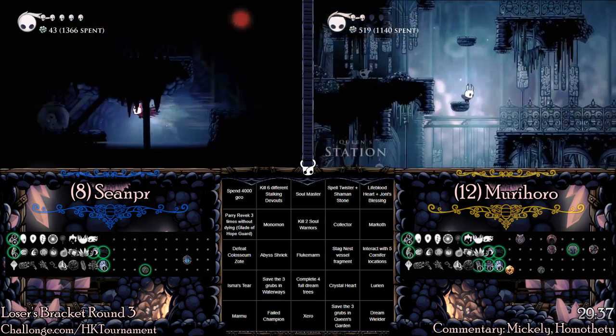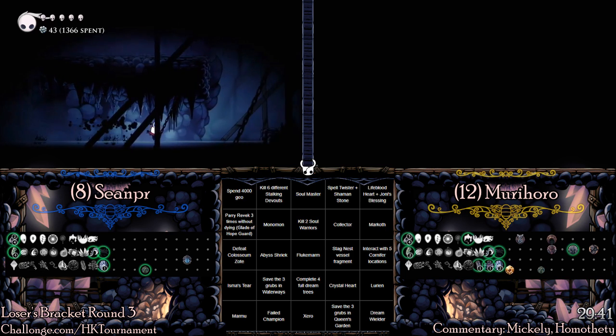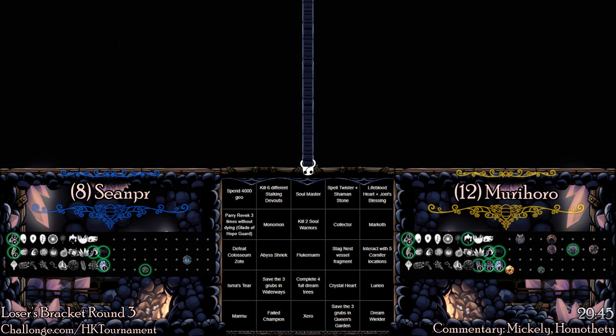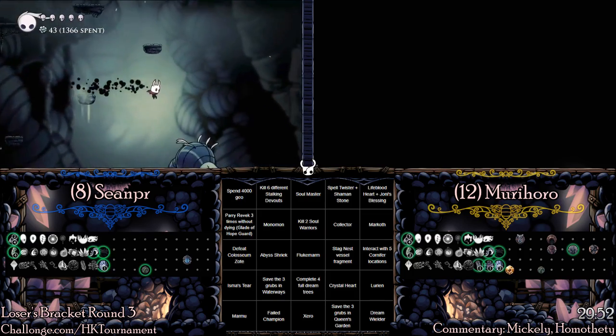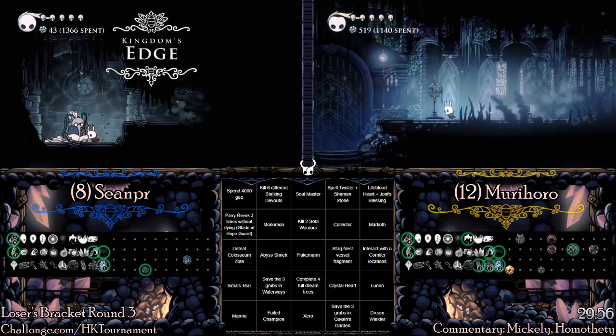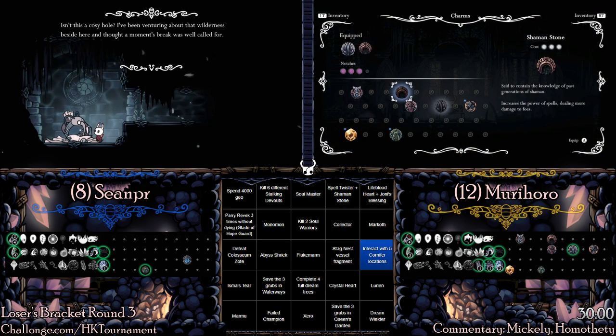It'd be cool to have Crystal Heart there and then wings at one of the Crystal Heart block locations, like Monarch Wings or Deep Focus. That way you actually force the spike tunnel. That'd be about the only combo that would require that. Yeah, there's that. There's also the